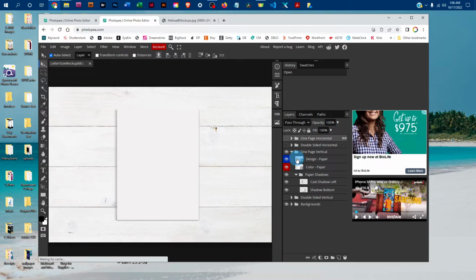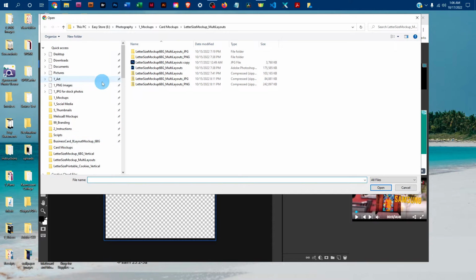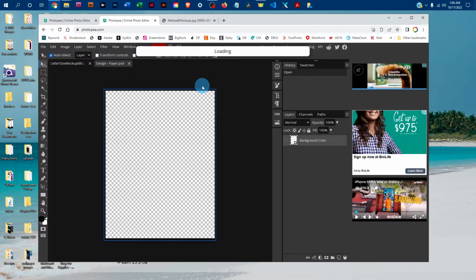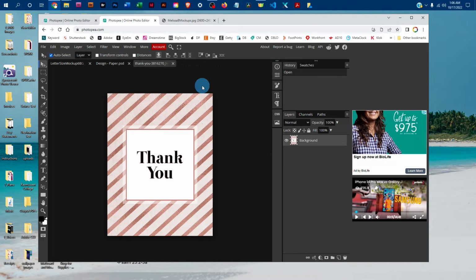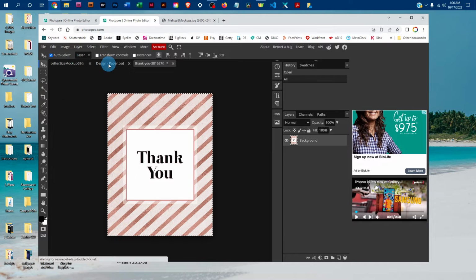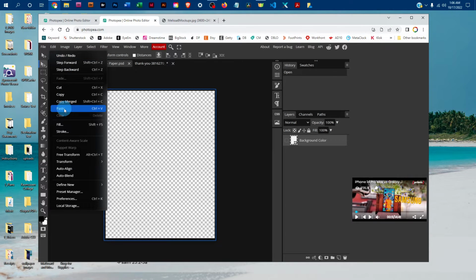And then you can just double click the thumbnail icon in the design dash layer, and that's going to bring up the smart object where you can add your design. Then we're just going to go to File, Open, and find the design. And then I'll go to Select All, then Edit, Copy, and then I'll click back on the smart object and go to Edit, Paste,